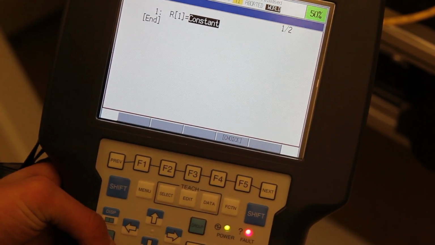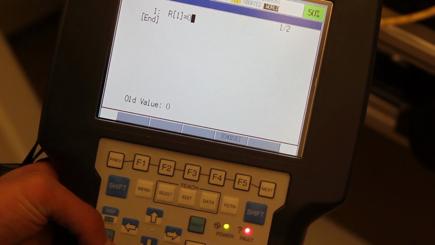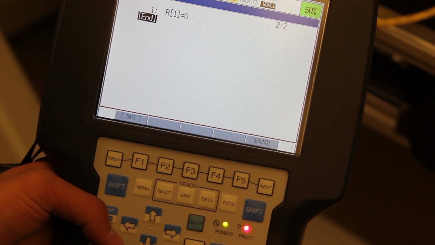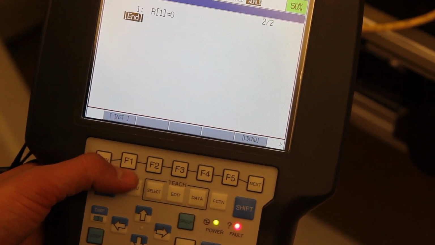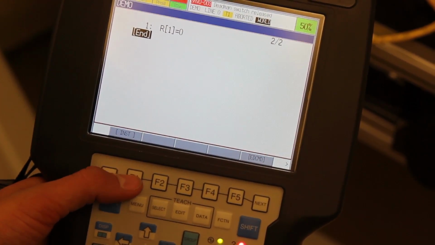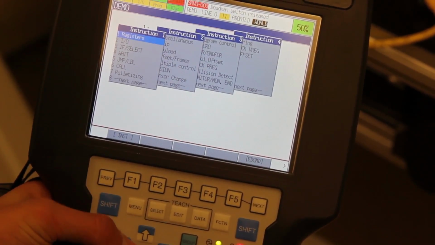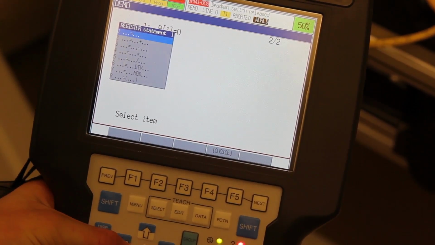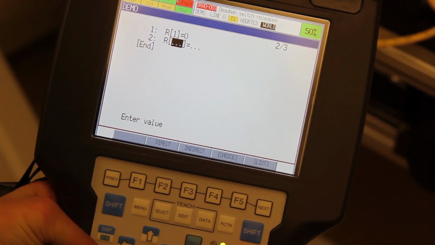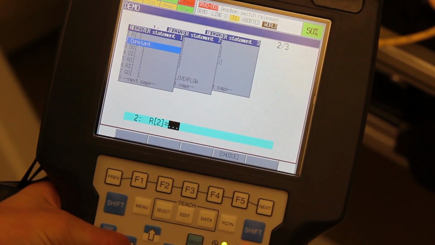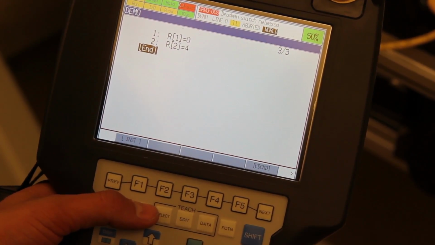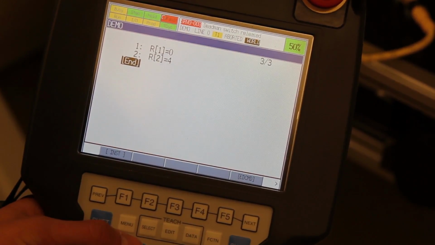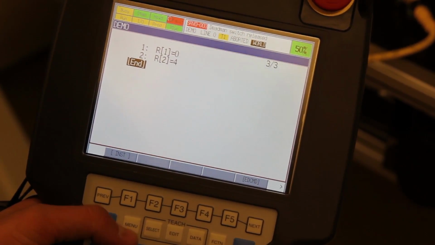and then you'll press 0 for the beginning of your count, and then press enter, and then you'll go ahead and insert another register to the number that you want to count. So in this case we'll count to 4, and I'll go ahead and add that register real quick. Alright, now that the register count has been set, you'll need to insert a label